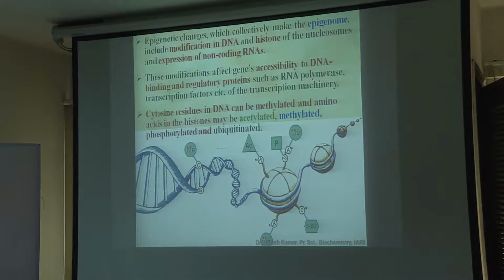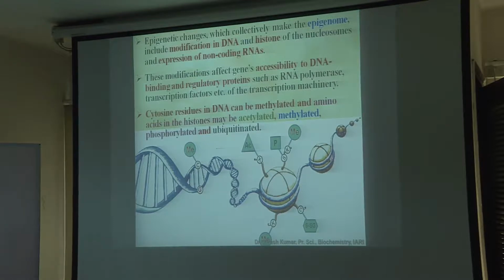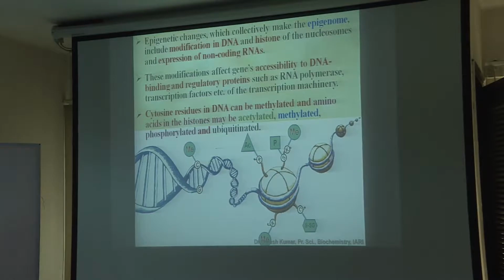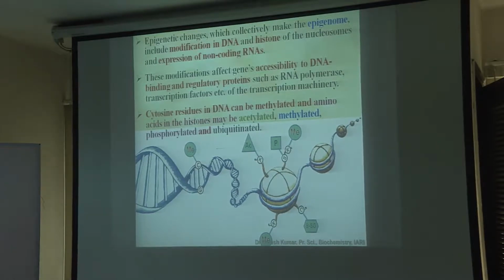They are so less frequent that we need some technology to identify them, and that technology should be very sensitive. So, even out of 1 billion, a single modified base we should be able to identify. Why are we able to identify methyl cytosine? Because they are very huge in number, that we will see. Okay. So, the next type of change is in protein,